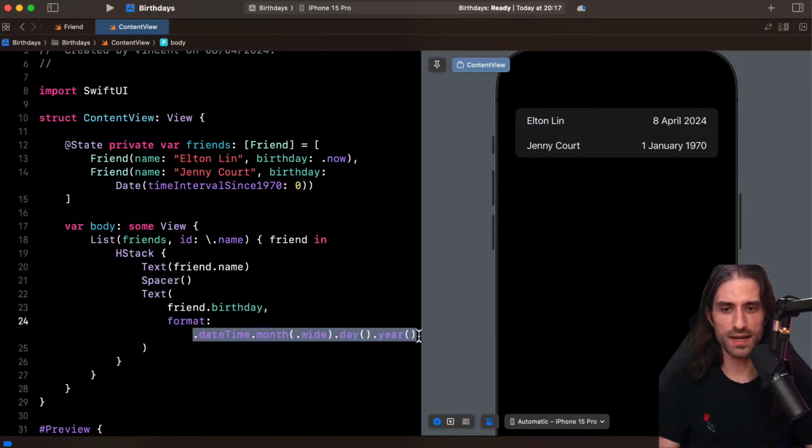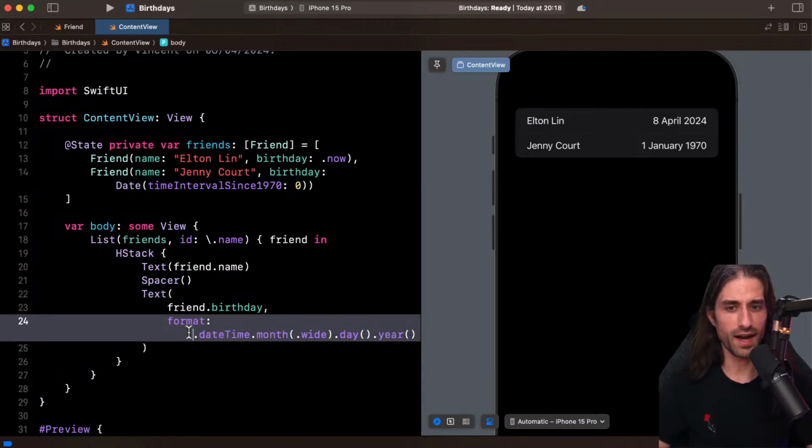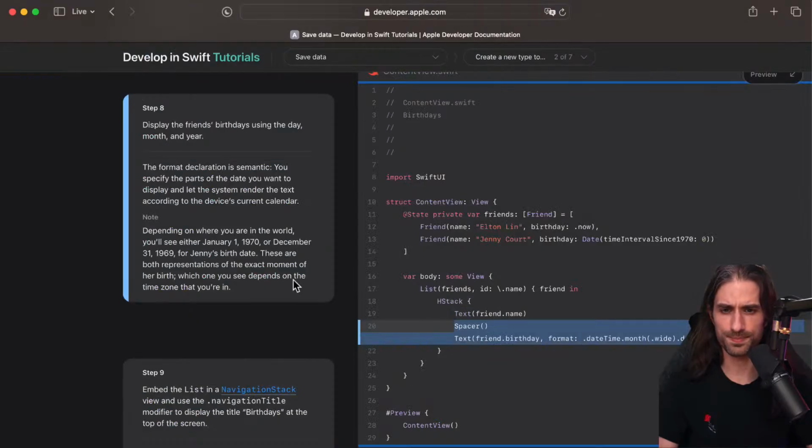If you've never seen this API, it's an API that was introduced in iOS 15 to have a more declarative way to write how you want to format dates, but not only dates, because you have a similar API for numbers, for arrays, collections in general. So it's quite an interesting API. Actually, I've recorded a video about this API this weekend, and it will be released in the coming weeks. So it's nice to see this API being used here, and it's a perfect use case for it. So we can see the birthdays are now being formatted in the preview.